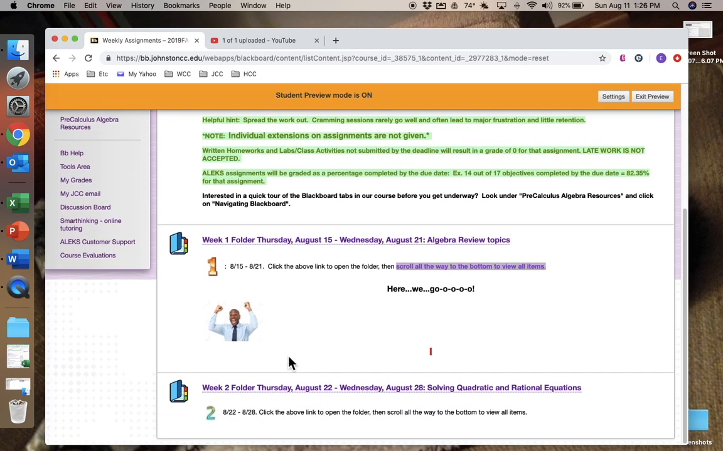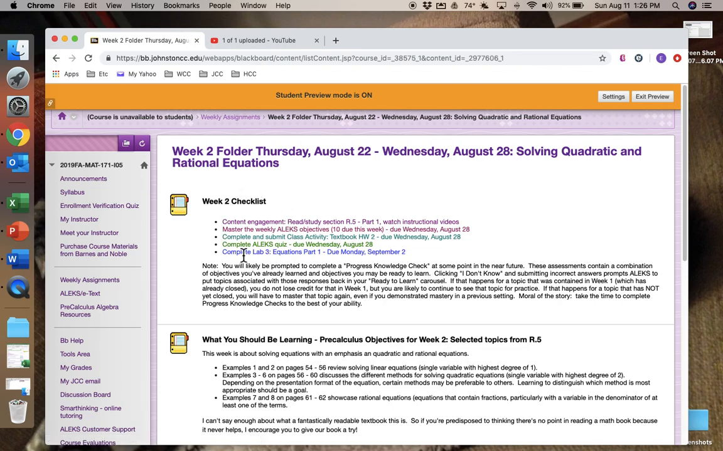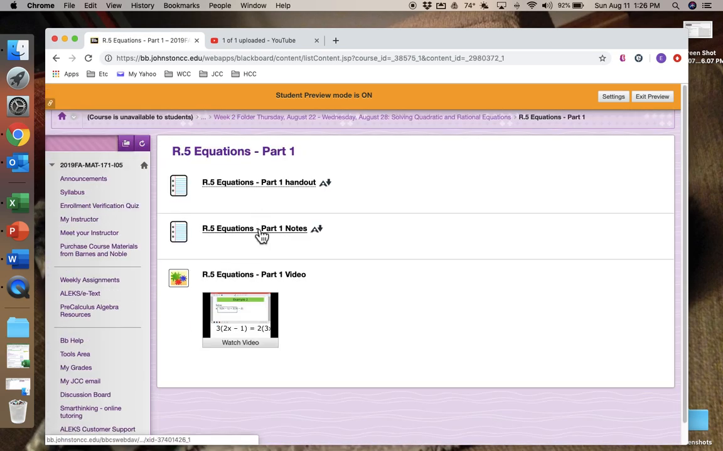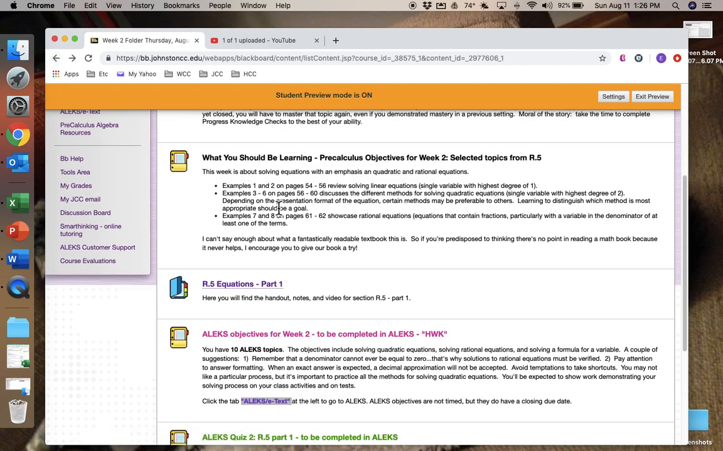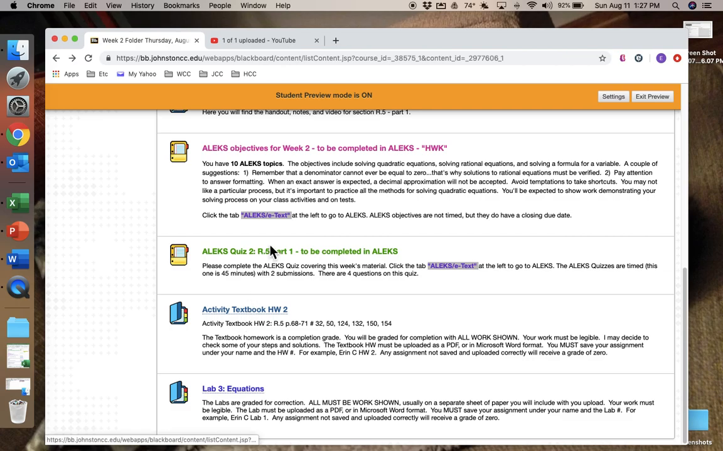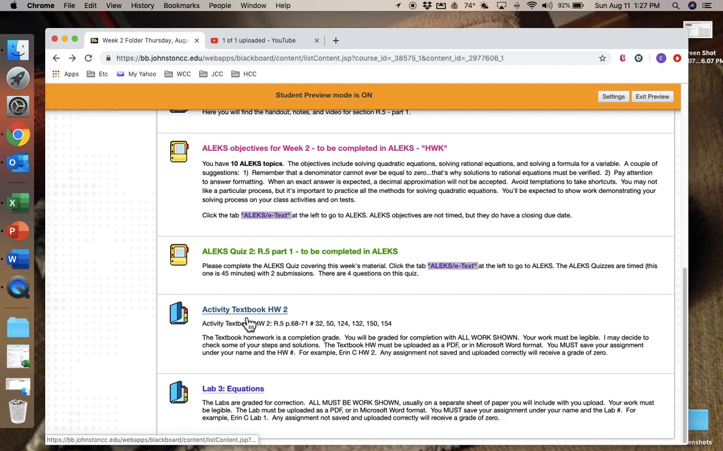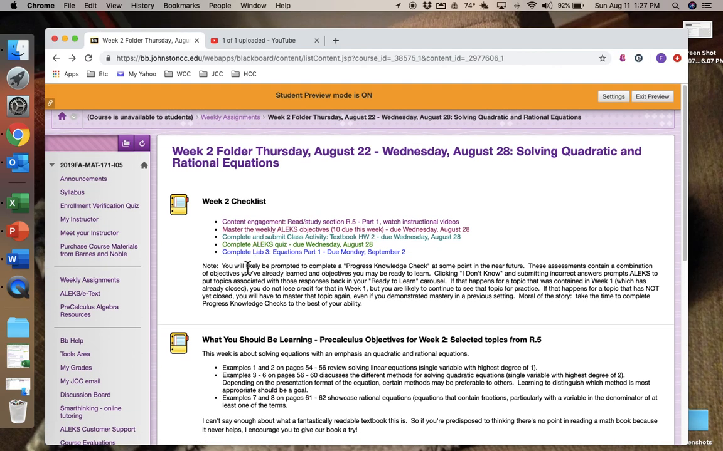And let's just look at week 2. You can see it's slightly shorter because you don't have to do all that ALEKS introduction stuff. But here you've got just one section, R5 Part 1. Click on it. You've got your handout, your notes, your video. Same deal, okay? You've got your ALEKS objectives to complete, your textbook activity down here for homework 2. There's 6 questions, so not terribly bad. You've got your lab also, but everything is always listed right here up top for what you need to do